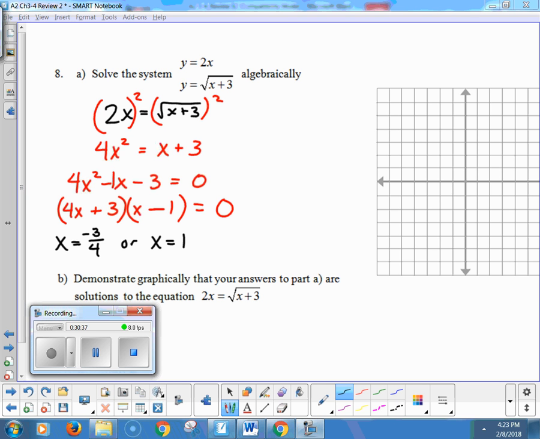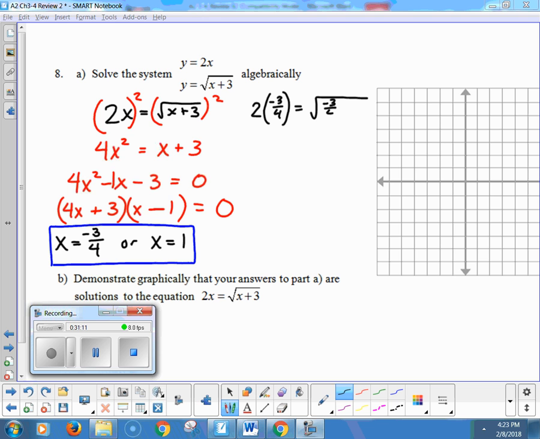Well, I know there's a little trickery coming up here. If you're a clever cookie, then at this point, when you're solving this problem, you would check your answers and make sure that they actually work in both equations. When x is negative 3/4, do these two equations equal each other? So maybe I'll give it a whirl. If x is negative 3/4, I'd get 2 times negative 3/4. Does that equal the square root of negative 3/4